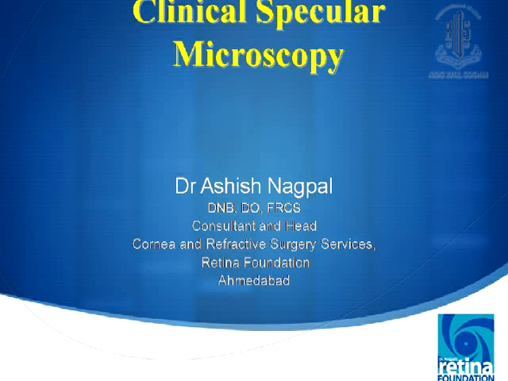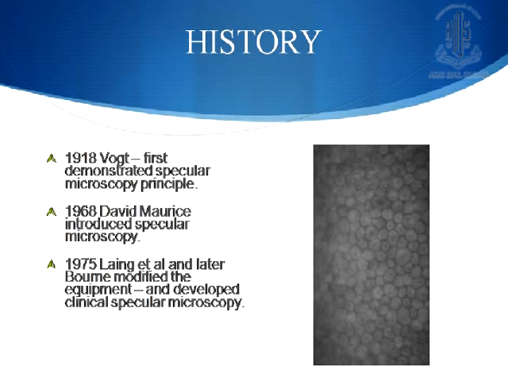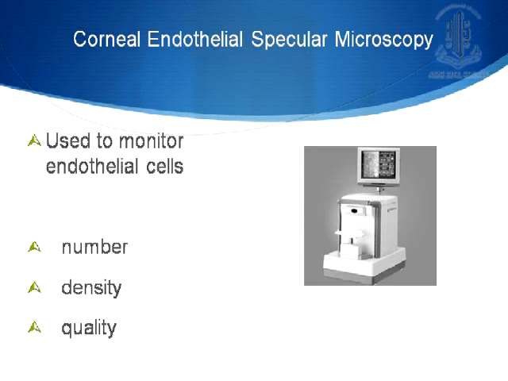I think from the cross-linking we'll just move a step a little more deeper inside the cornea into the endothelium. It's not a new tool, it's one of the oldest equipments which was probably made to see the endothelium since corneal surgeons realized the importance of the endothelium. So what it is used for is basically to monitor the number, density and the quality of the endothelium for various purposes.